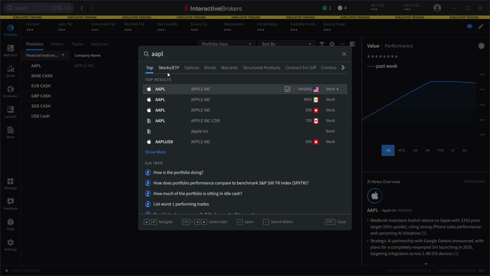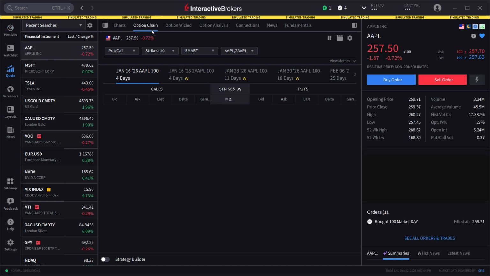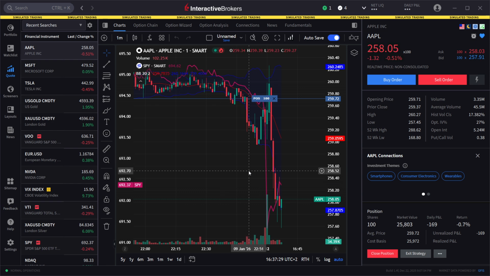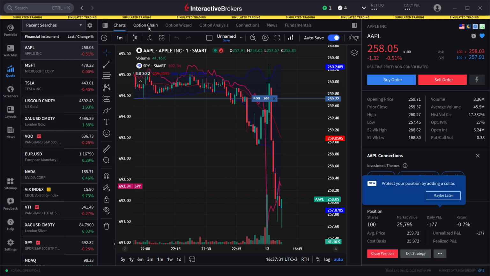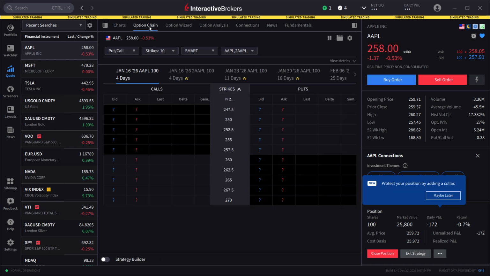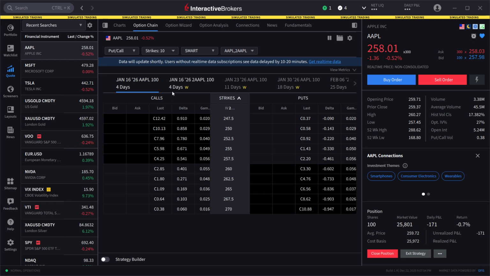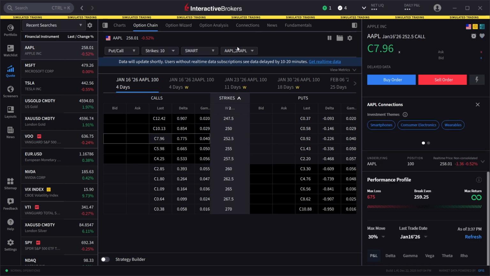I'm going to click on where it says options over here on the right, and I'm going to click on Apple. Now this is going to open up the option chain, but if you are inside the chart of anything specific like a stock, you can just switch over to the option chain up top here, and that's basically where you can see the option chain. Now what you can do here is select the option you want to purchase. So for example, I'm just going to go ahead and click a random one over here on my simulated account,